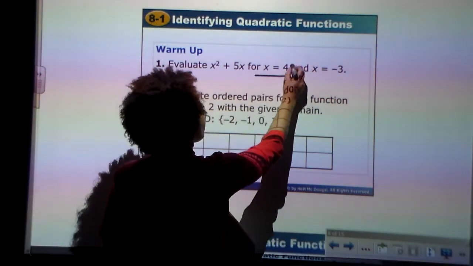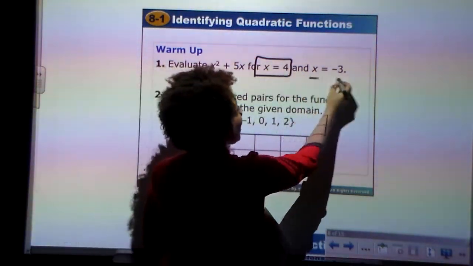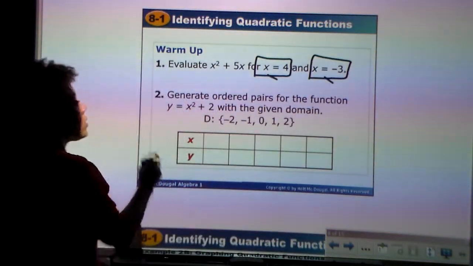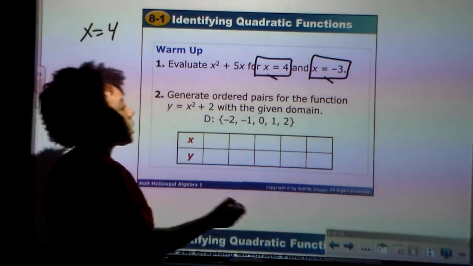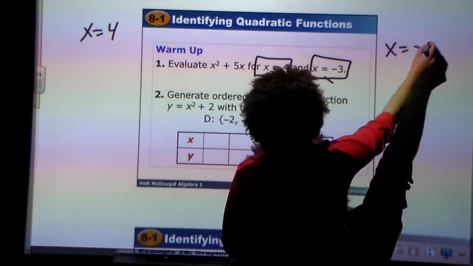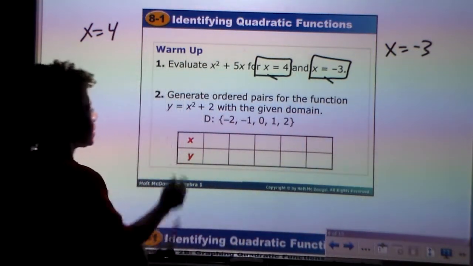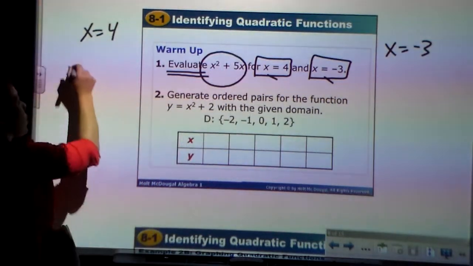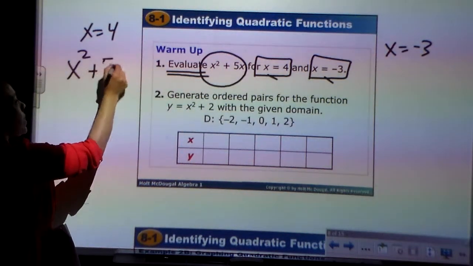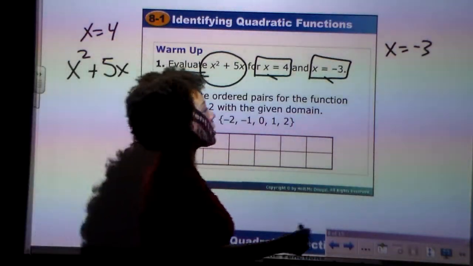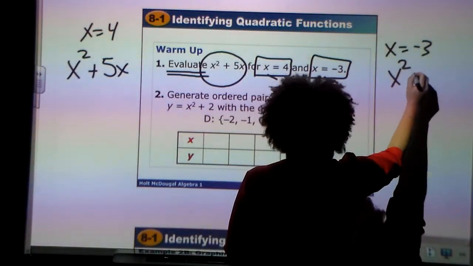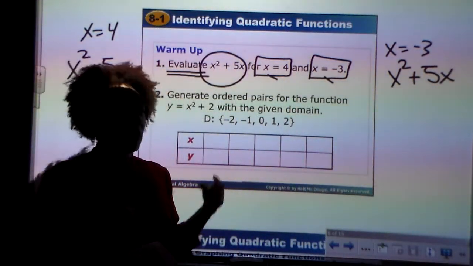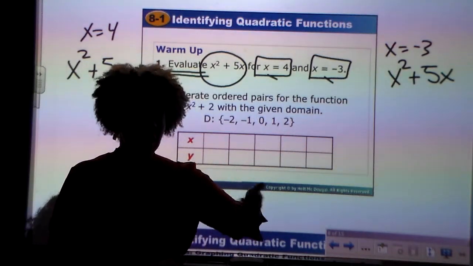And what they're telling you is for when x equals 4 and when x equals negative 3. So that means you're going to have to do this 2 times. One time x equals 4, and another time x equals negative 3. When it says evaluate, that means we're going to take this expression, x squared plus 5x, the same expression on both sides. The reason I'm doing them next to each other back to back like this is to show you that you actually have to do the problem out